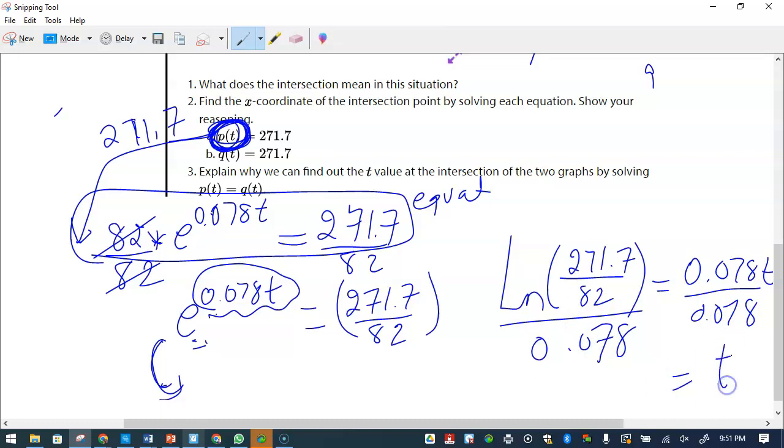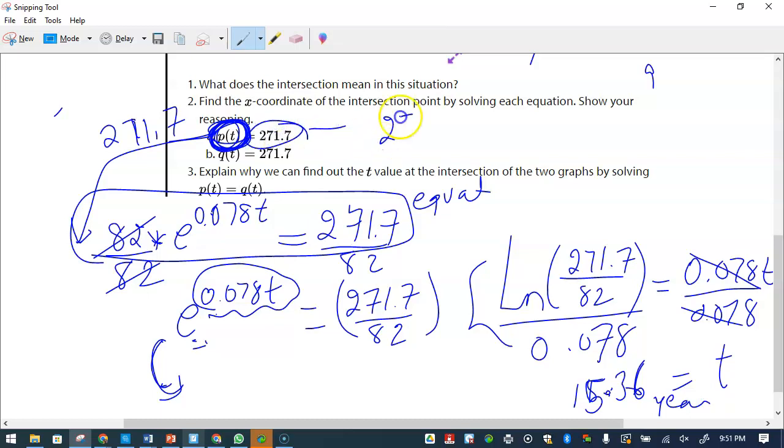And the t, this crosses out. Put this in the calculator and you will get this answer as 15.36. So after 15.36 years, that population will be 271.7, which basically it means